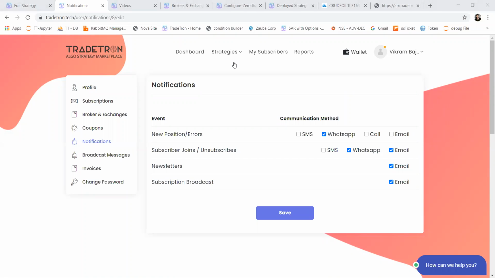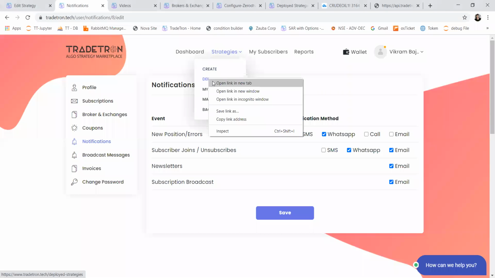Assume we have subscribed for 5 strategies in marketplace at certain time. If we are satisfied with the profit, is there any way for universal exit for all the 5 strategies with a single click? No, you cannot exit from all 5 strategies in one go, but of course you can exit one by one from the deployed page.